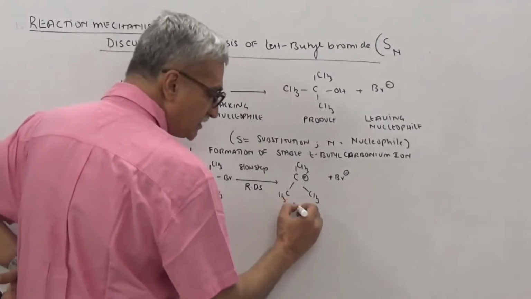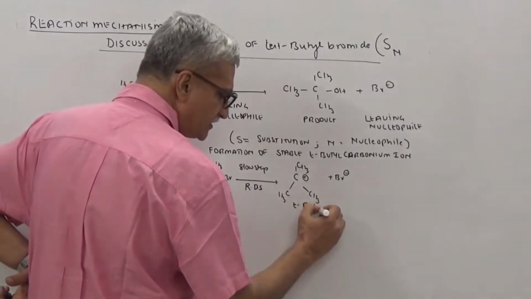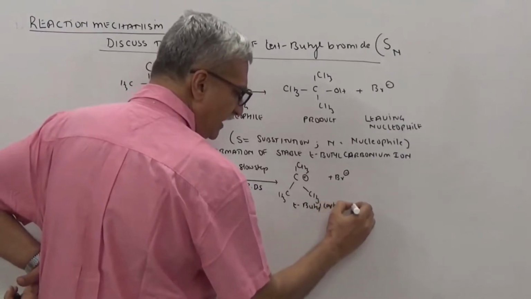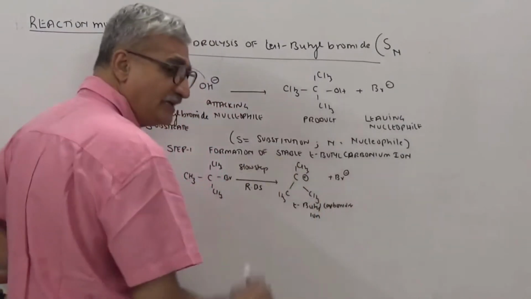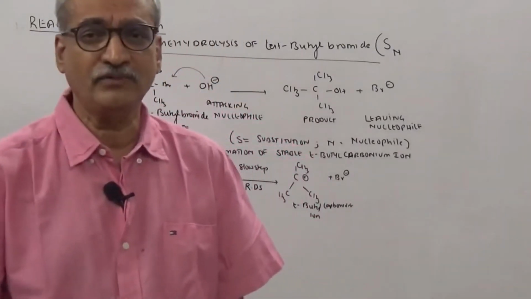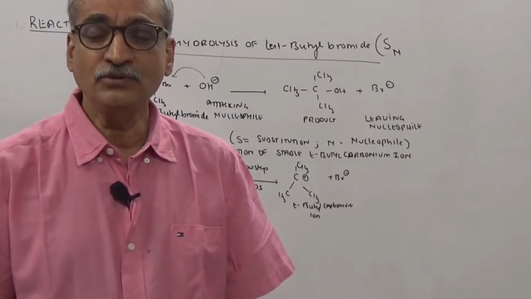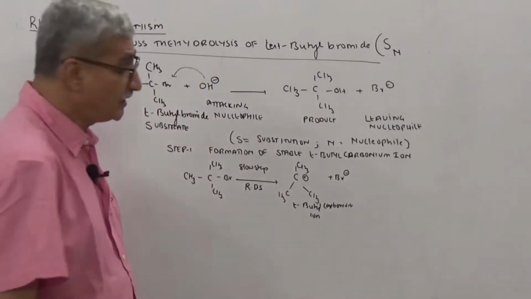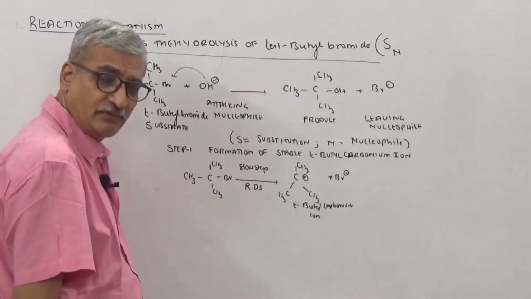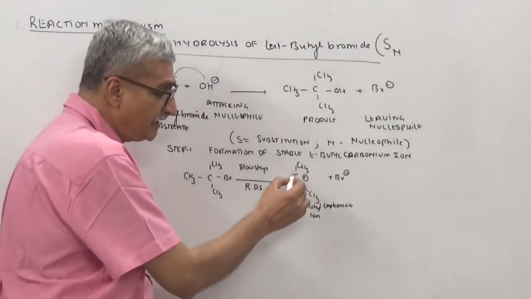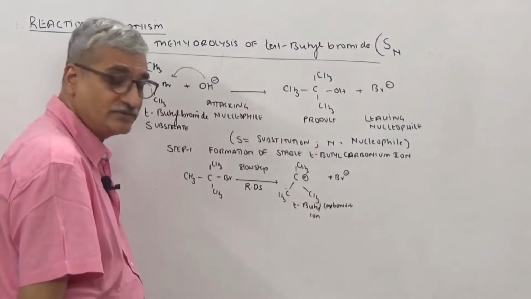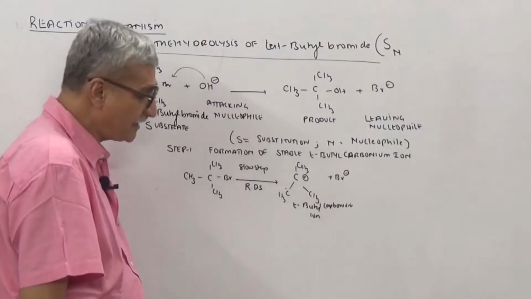Now the moment this tertiary butyl carbonium ion is formed, why would it like to form? Because I told you, hyperconjugation. If it was a methyl carbonium ion, it would not form. Why? There are no hyperconjugative structures. Here, the tertiary carbonium ion would like to form. It is stable as a carbonium ion because of 3 plus 3 plus 3, 9 hyperconjugative structures. I taught you hyperconjugation. Is it clear? A lot of use everywhere.